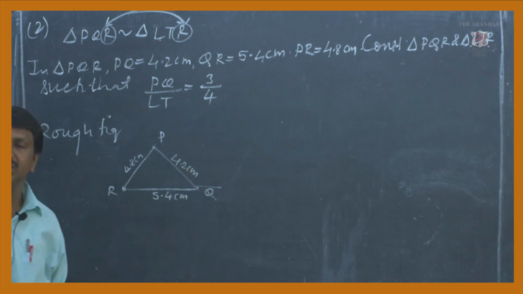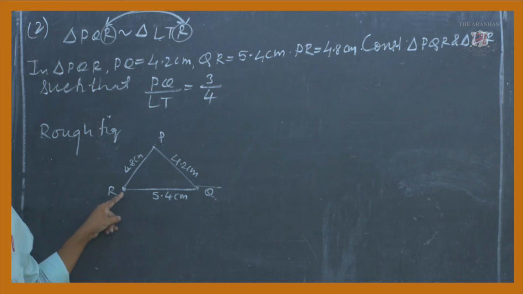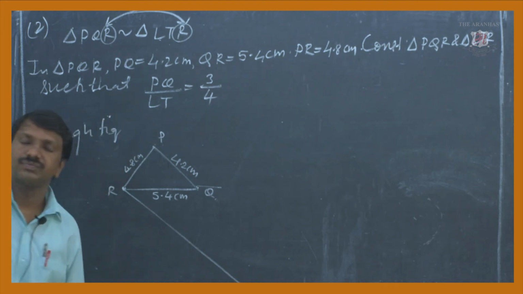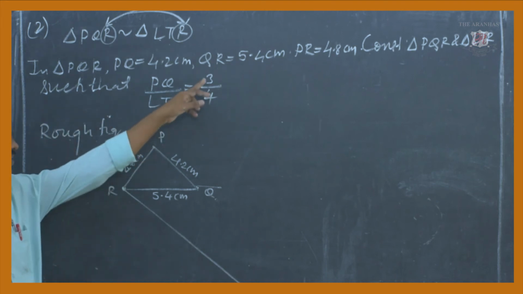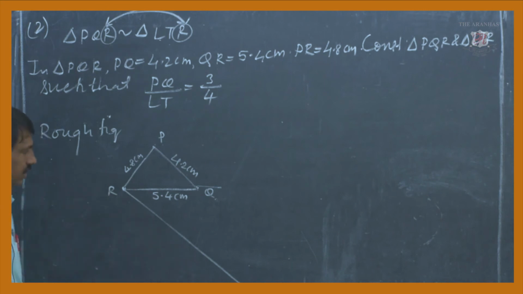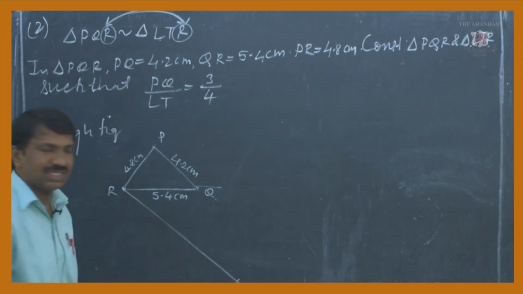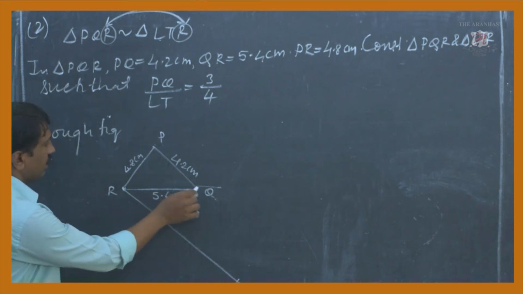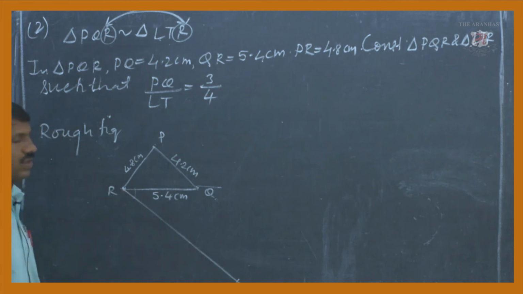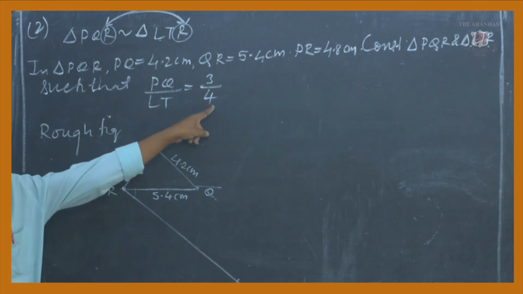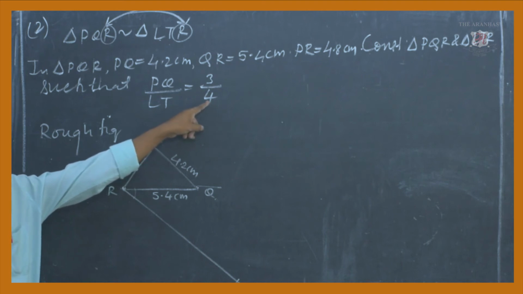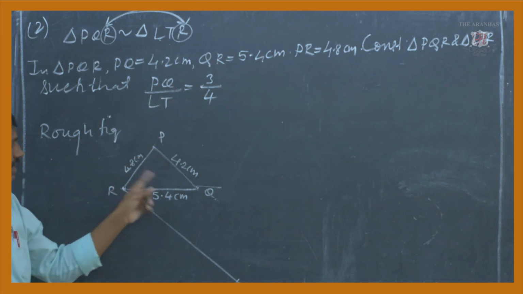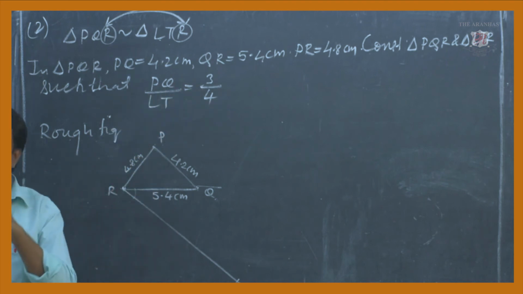According to the given reference, the common vertex point, what do we have to do? Construct any acute angle to the downside. Here we will take any ray, named X. So ray RX is drawn, and angle QRX is formed here. On that ray you have to take 4 parts. The ratio 3:4 has to be divided, so into how many parts? Into 4 parts.